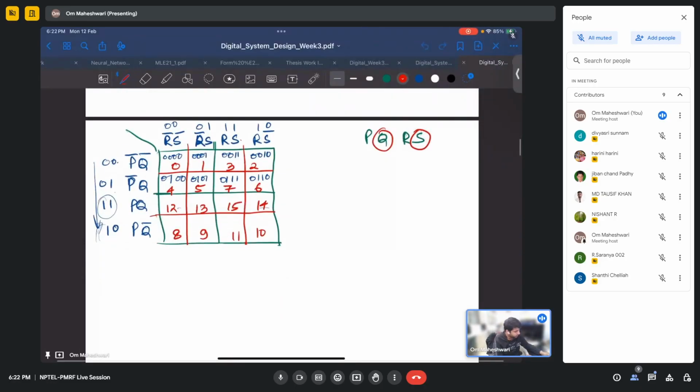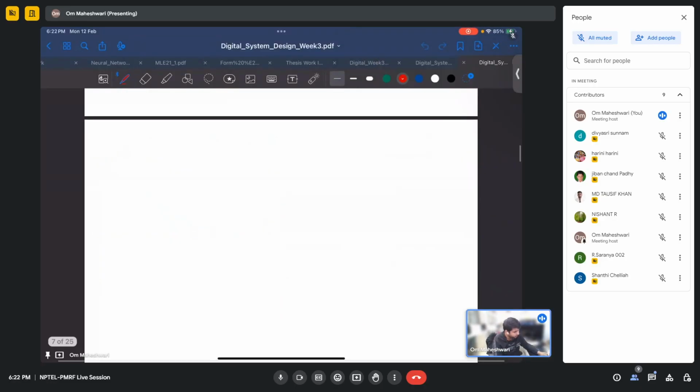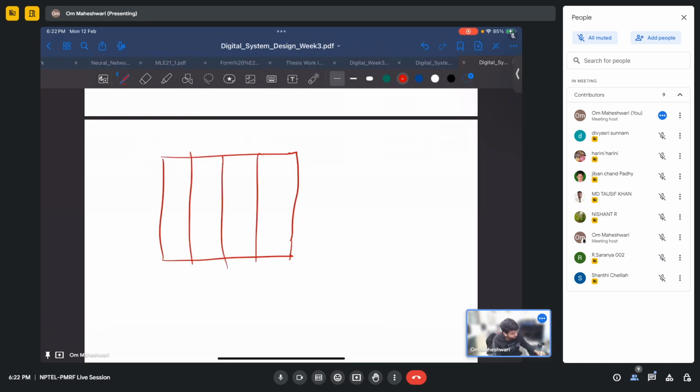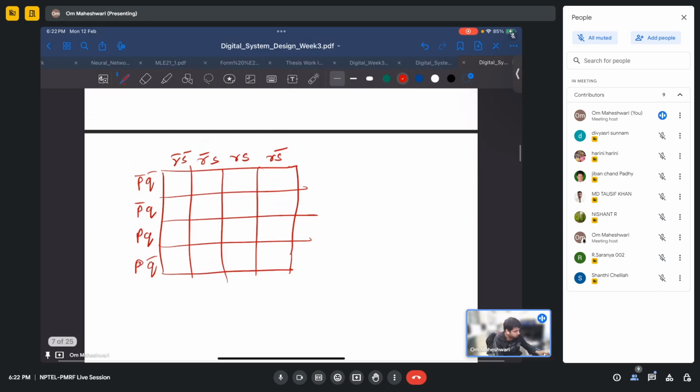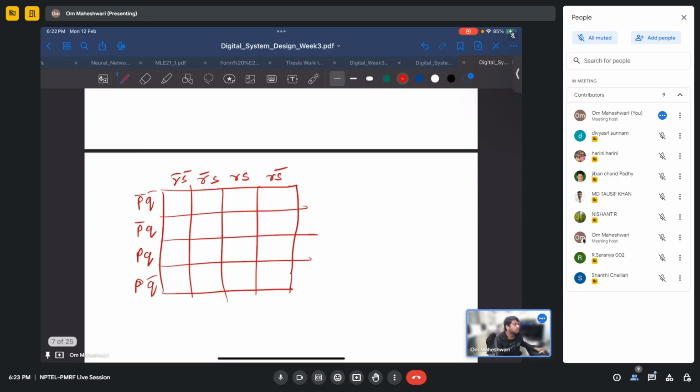So we have a four variable function, so we will make a four variable K-map. P bar Q bar, so it's in small letters, P bar Q bar, P bar Q, P Q, P Q bar, R bar S bar, R bar S, R S, R S bar. Now the function that we have is,